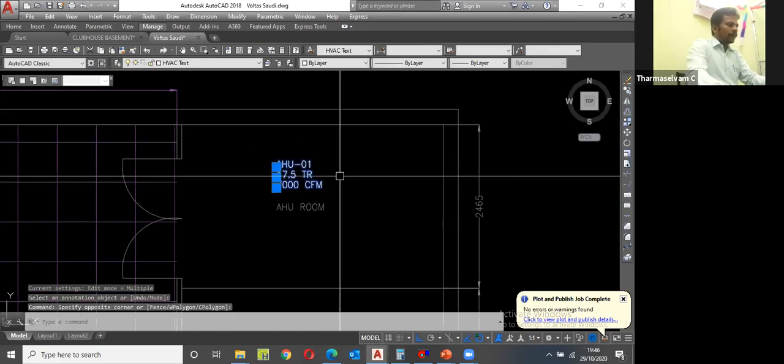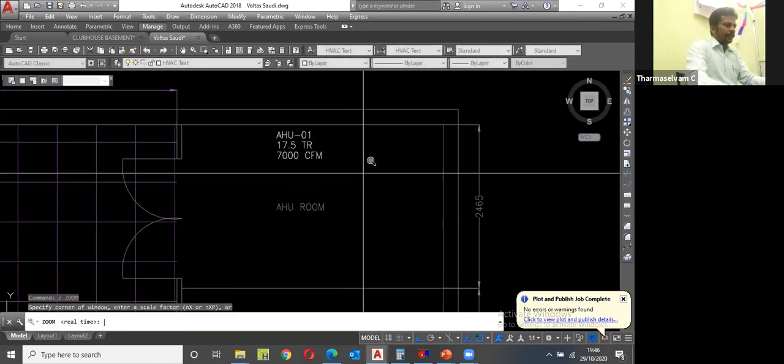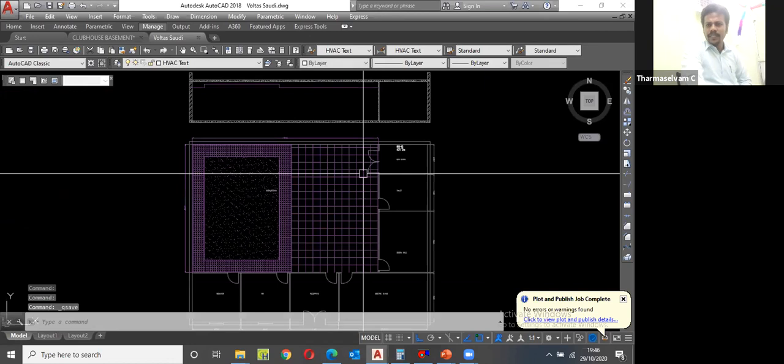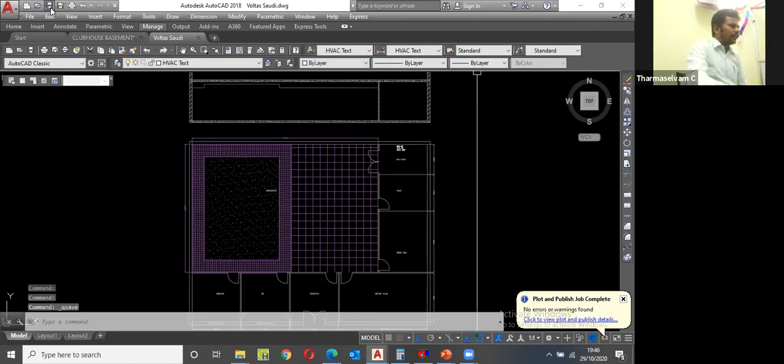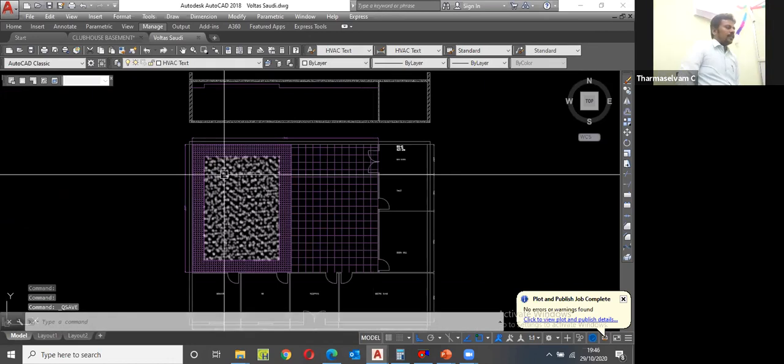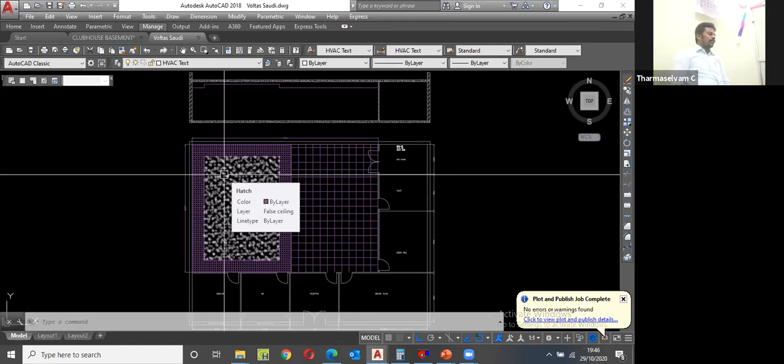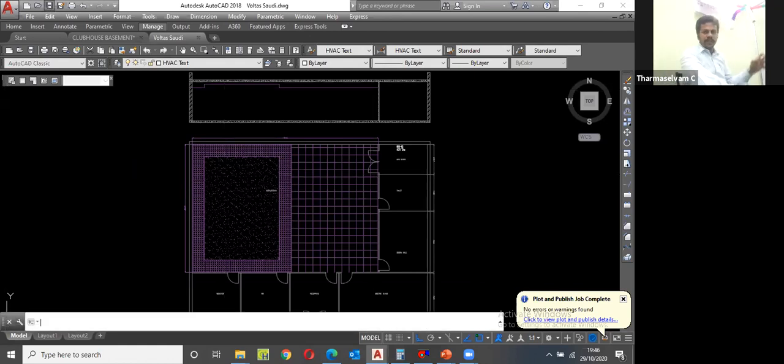Now I'm going to take the dimension of the AHU. I'm going to take the AHU dimension. I don't know if you know the AC accessories. No, the types of AC itself. I have pasted that AHU size catalog. Okay, if you have it, you can go through that. Otherwise, I will bring the catalog once again.